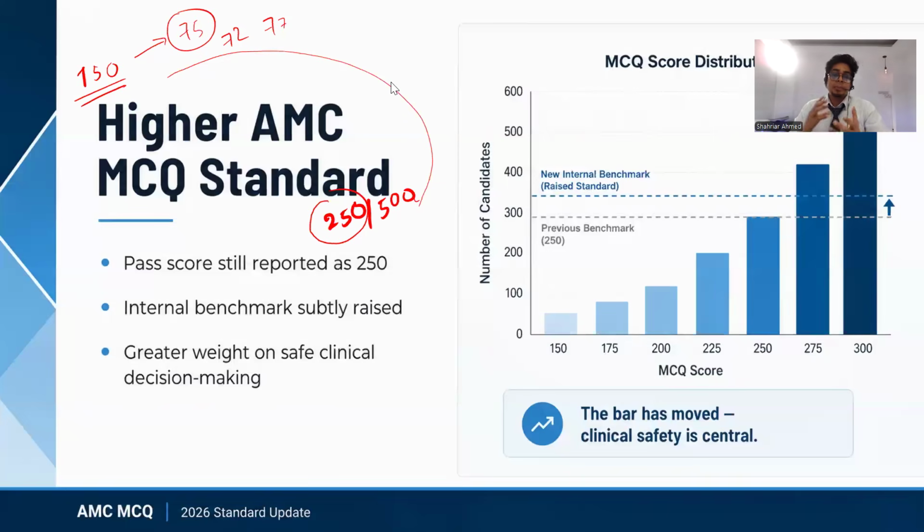Am I clear to some of the doctors already? So officially the scoring system doesn't change, but inside, out of 150, your passing mark could be 75, could be 78, could be 79, and it depends on the types of questions: more clinical reasoning questions, more population health questions, more ethical questions. So this particular thing has changed.